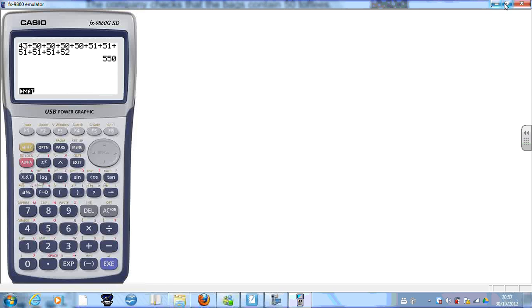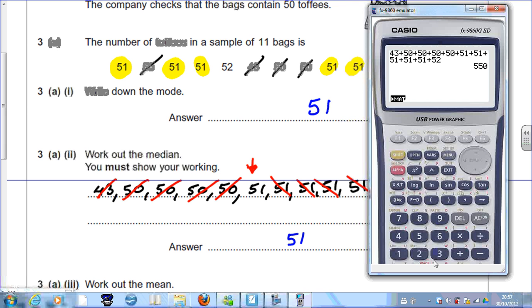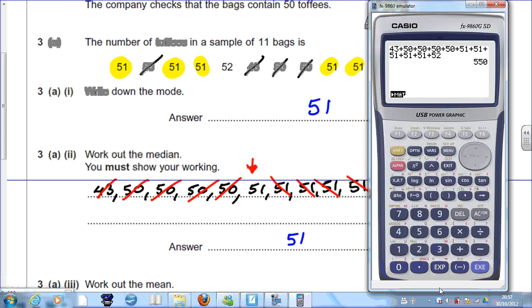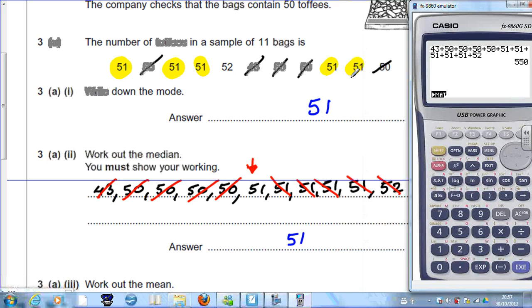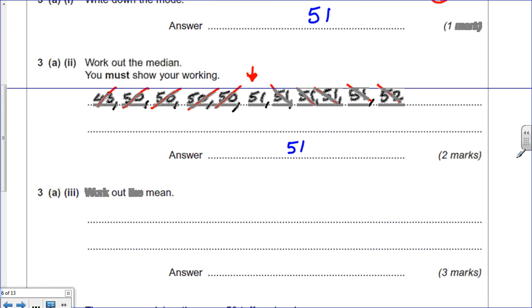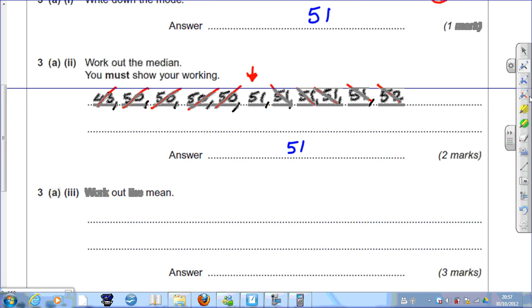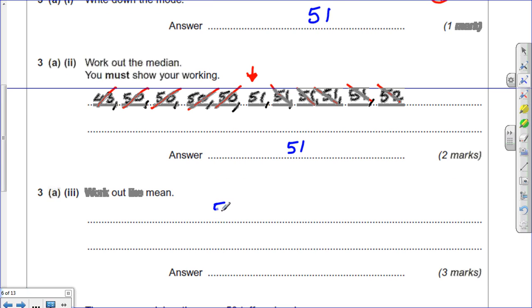You might have wanted to show all that addition, divided by the number of sweets that there were, 11. 550 divided by 11, so I'm sure you can work out, is 55. 3 marks if you got it. Now, if you didn't show any working and put down something other than 55, then you wouldn't get any marks. So do show all your working. In particular, this would get you 1 mark, and that would get you 1 mark,